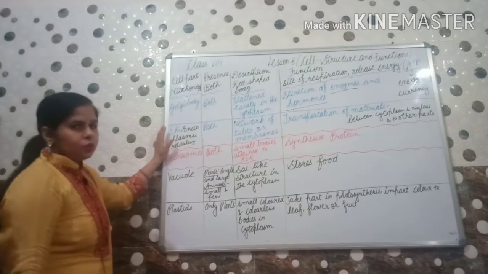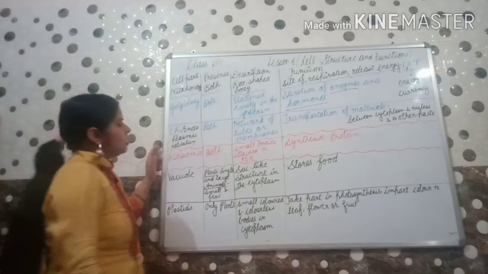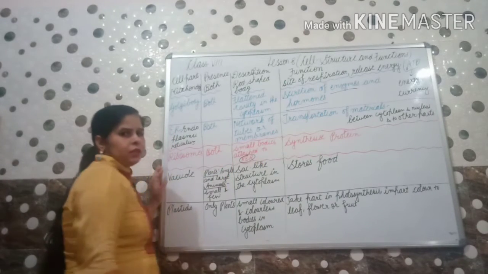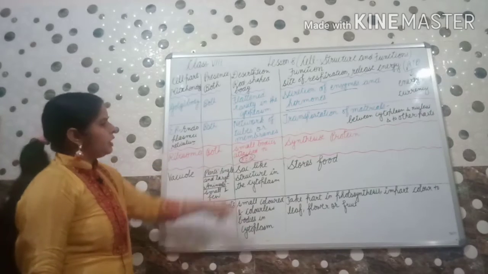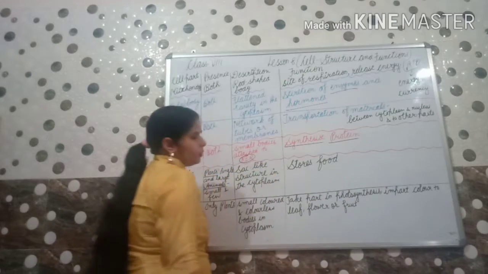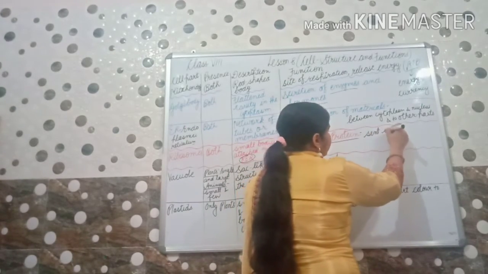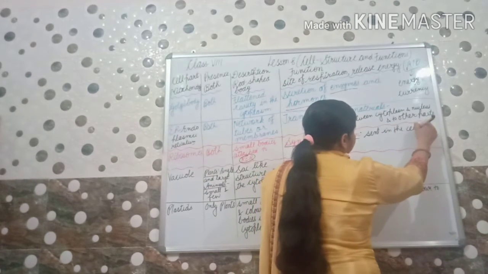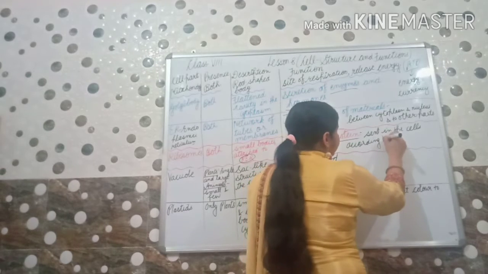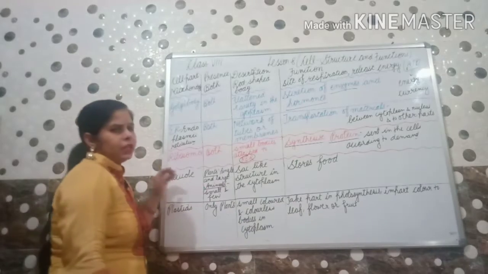Ribosomes, these also will be there in both plant cells and animal cells. Description? These are small bodies attached especially to the RER. These will be attached to the rough endoplasmic reticulum. What is their function? To synthesize protein. And the protein formed here is sent in the cells according to the demand of protein, where it will be required, it will be sent by the ER.